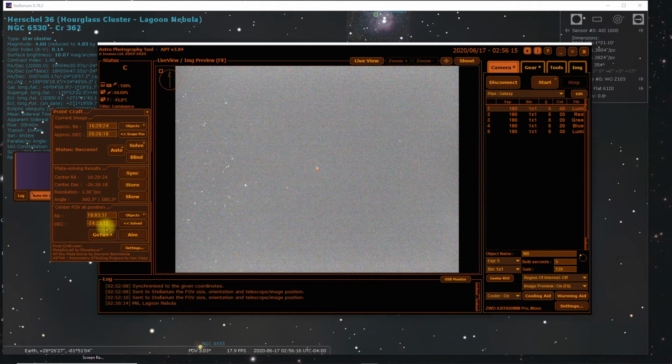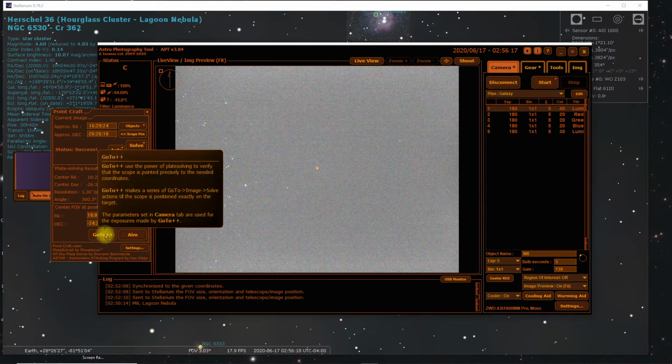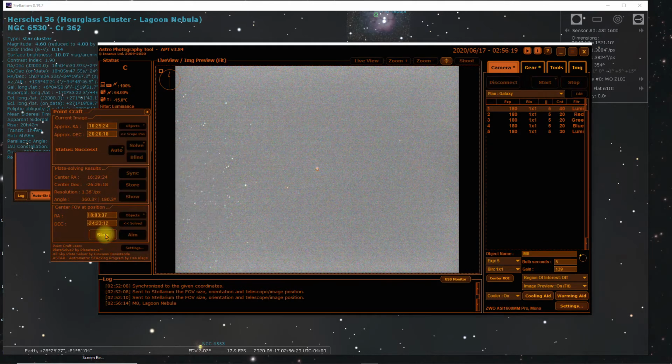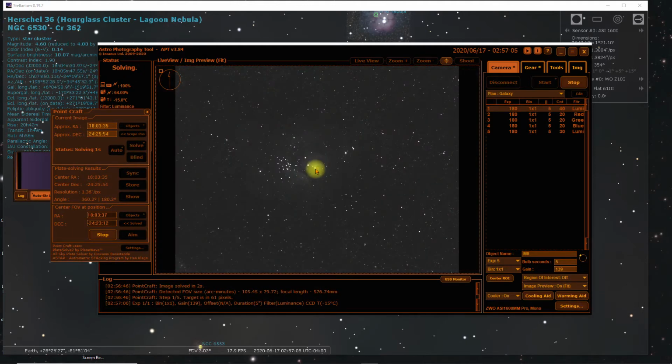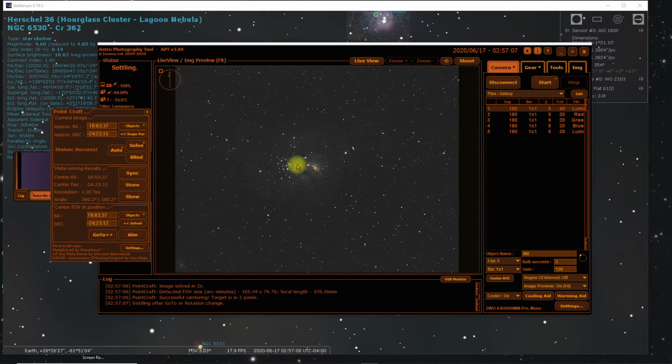That's called up in the Go To++ window. So just one click, Go To++, and off it goes. Just a short hop over to the Lagoon Nebula. Exposure finished. Go to finished. Okay, so here's a prominent feature that we can see, this dark line running through the middle here,